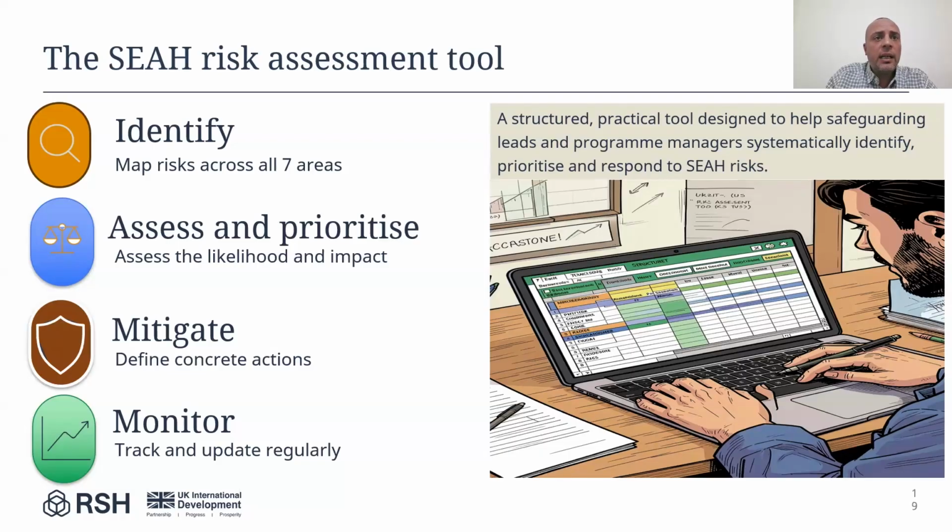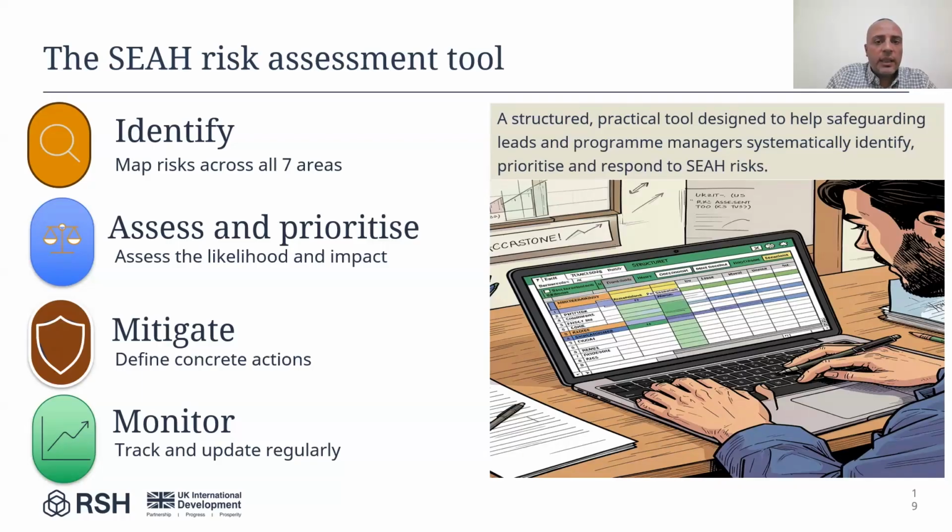Next, we assess and prioritize the risks according to likelihood and impact. After that, we develop practical mitigation actions. And finally, we monitor progress and review the risks regularly.